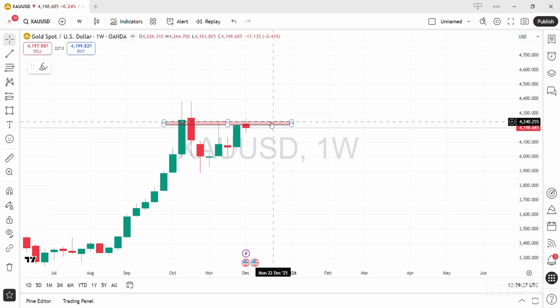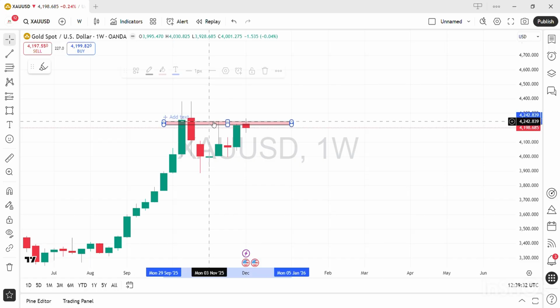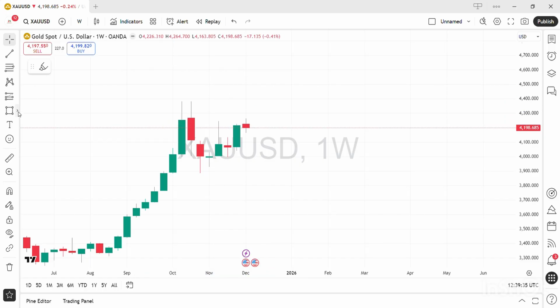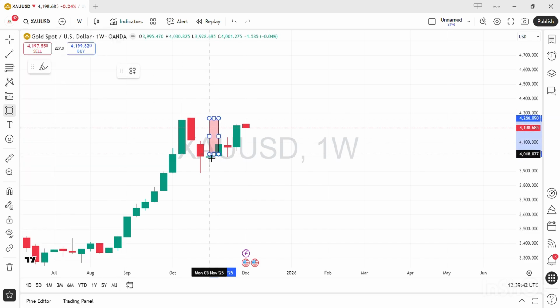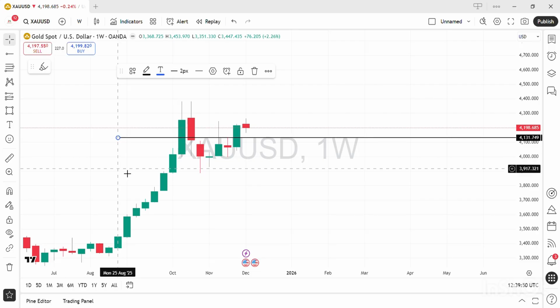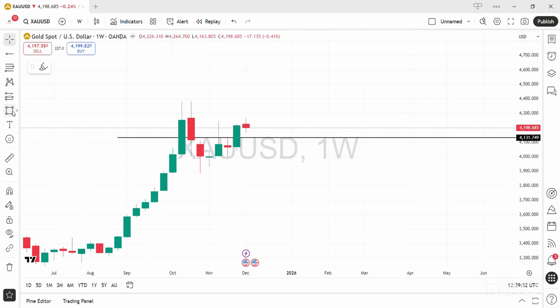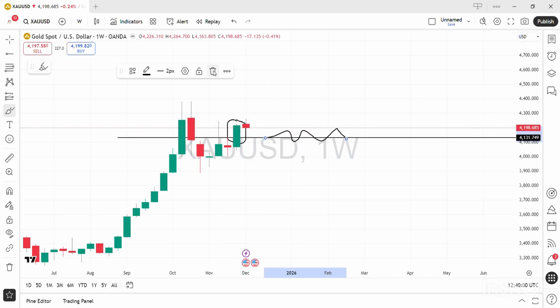This was a resistance level. This area is very important because in forex the closing of the candle matters. Although we have a green candle wick, the closing is below the resistance level, which means this was a fake breakout. But now gold has not only broken the structure, as you can see, it has given a closing above the resistance level. That's why I was bullish from the previous week, and this week the condition is also very similar.